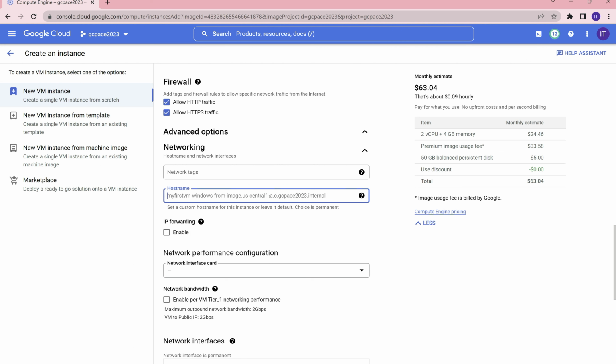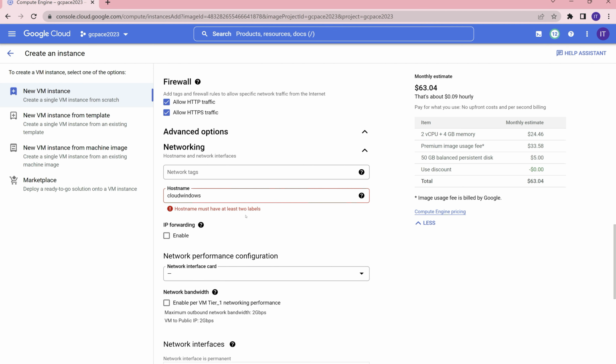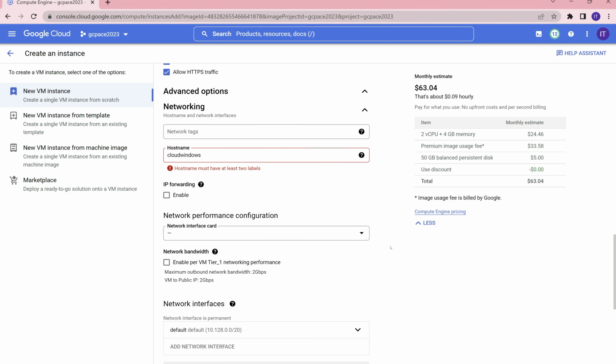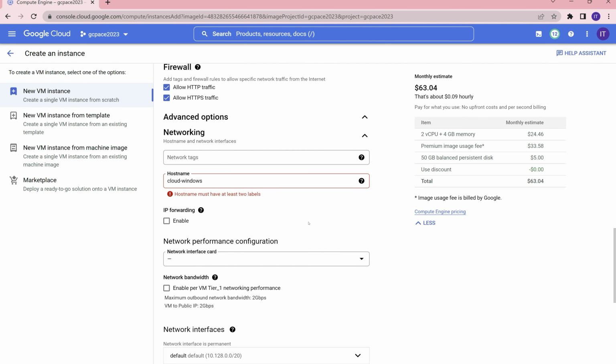But if you have an option like, say, cloud Windows, simply, it's cloud Windows. I'm just giving it, and let's see whether it works. Host name must have at least 2 levels. So it means, labels means